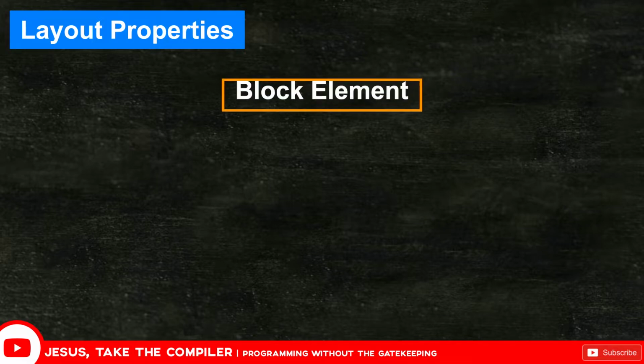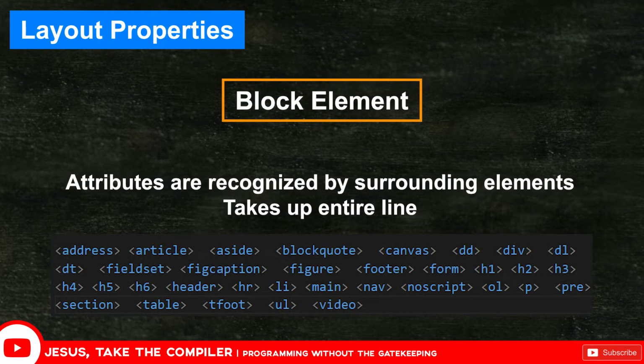So let's first discuss the block elements here. This means that all attributes, so we're talking about its width, height, anything you give it, are recognized by the surrounding elements, meaning that if you make something bigger, it will shove away everything else around it. It's not going to necessarily bleed into a line above or a line below or to the left and to the right. And also, these are very selfish elements,